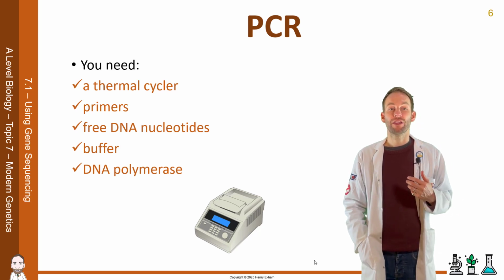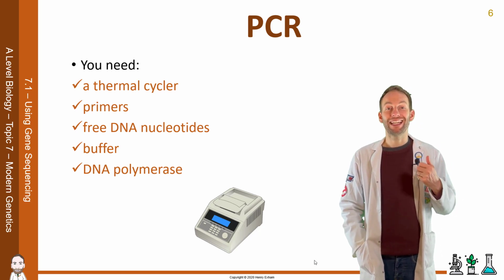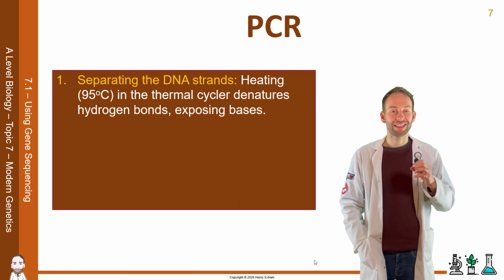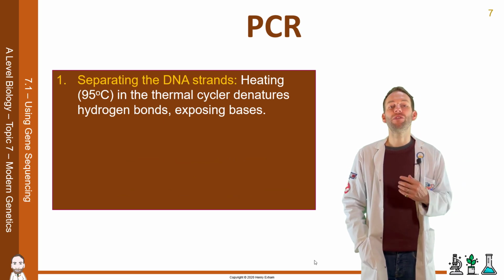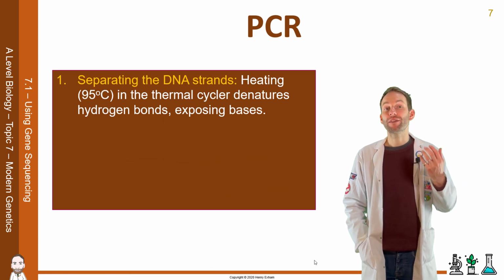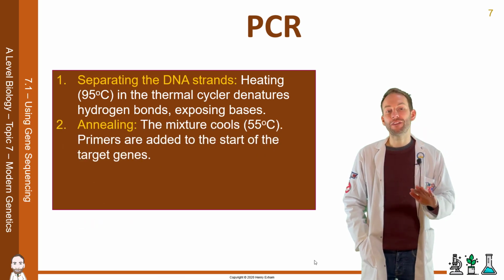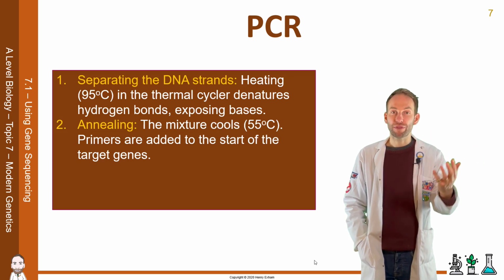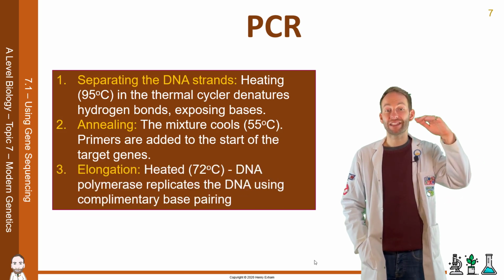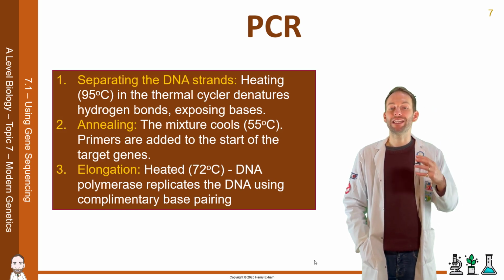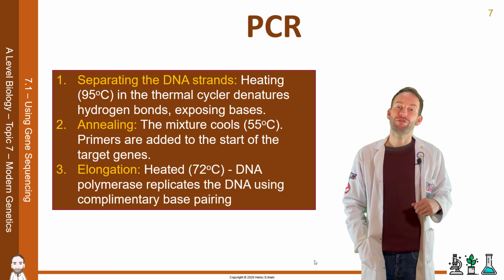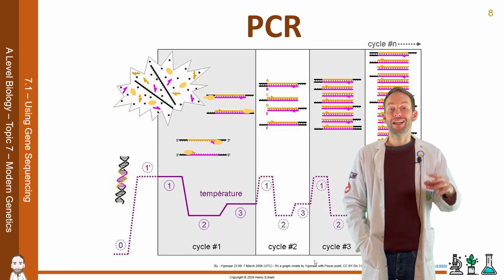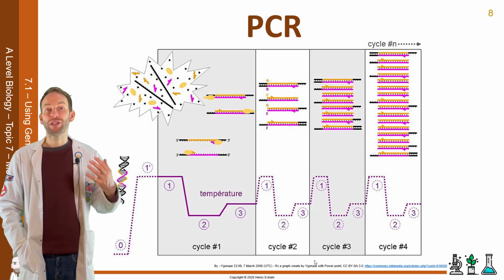Step 1 involves separating the DNA strands via heating to 95 degrees C in the thermal cycler. This denatures the hydrogen bonds and then exposes the bases. Step 2 is something called annealing. The mixture cools to 55 degrees C. Primers are added to the start of the target genes. And then step 3, elongation, is you heat it back up again to 72 degrees C, and DNA polymerase replicates the DNA using complementary base pairing. The cycle then repeats over and over about 30 times until there are about 1 billion copies, which takes about